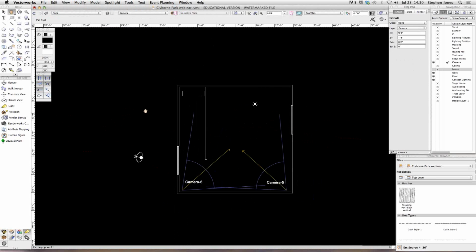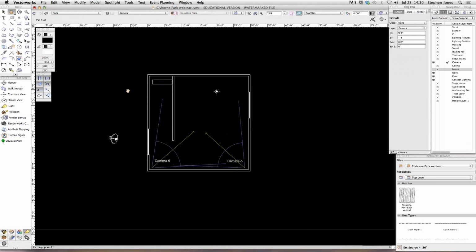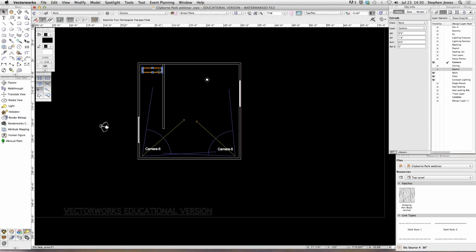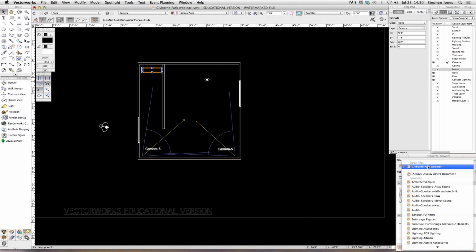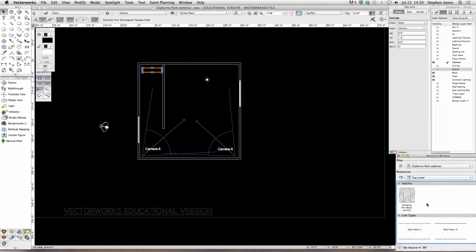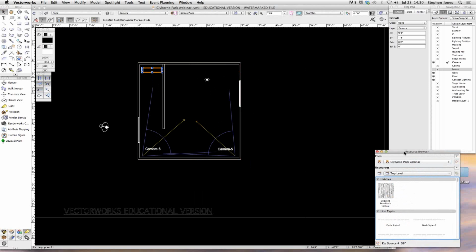Going back to plan view, now we're actually ready to assign a texture to this. But before we do that, what we need to do is actually build the texture. Now the texture is actually going to be the light source itself. Check this out. By right-clicking in our resource browser,